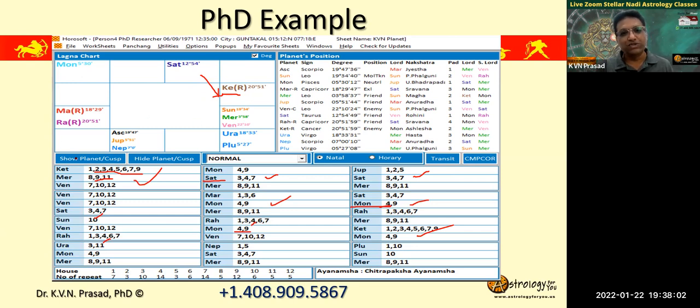With all these rules, 2, 4, 5, 9, 11, the ninth lord and the planet sitting in the ninth house should have 2, 4, 5, 9, 11, and then Saturn has to be connected to the ninth house. If Jupiter is also there, it is good. It is nice-to-have additional weightage, but not a must-have.